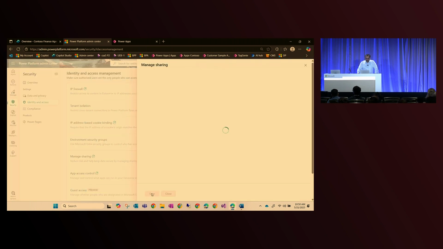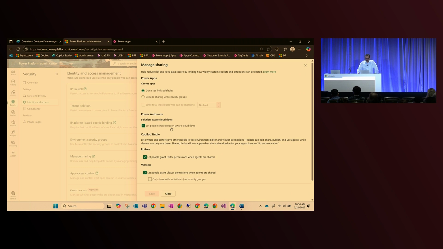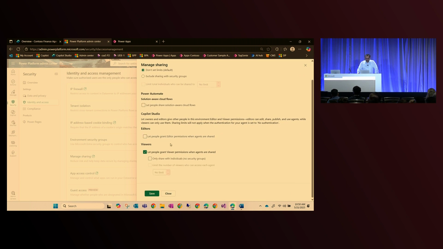I can go to manage sharing. And over here, I can actually restrict it so that they cannot share it to any security groups, and I want to limit it to only a specific number of people with whom they can share the bot. So this way, if you have a published bot, based on the number of users where you anticipate which are the legitimate users, we can control that.